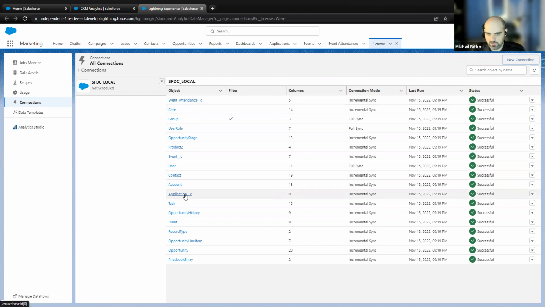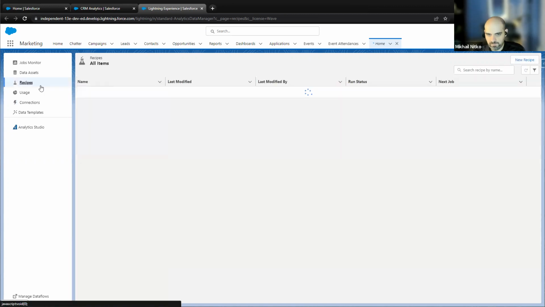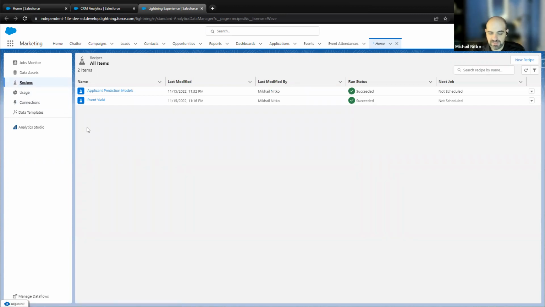So those are the 4 objects we'll be joining. The way that we join them is in what Salesforce calls a recipe. In a recipe, it works very much like an ETL tool. If you know extract, transform, and load tools like Boomi, or if you know essential database concepts, or if you simply watch enough Salesforce Trailhead, or get the formal training, this will be fairly understandable to you. So I'm going to go ahead and go into the event yield recipe.